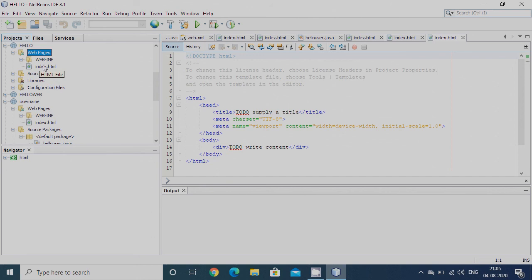If you are working with servlets, you should place them under the Source Packages. Automatically, when a project is opened, the default index.html file will be created in this project.